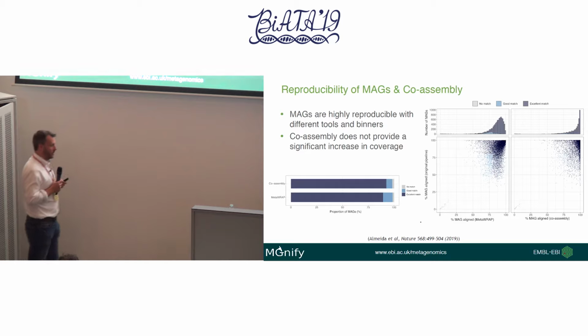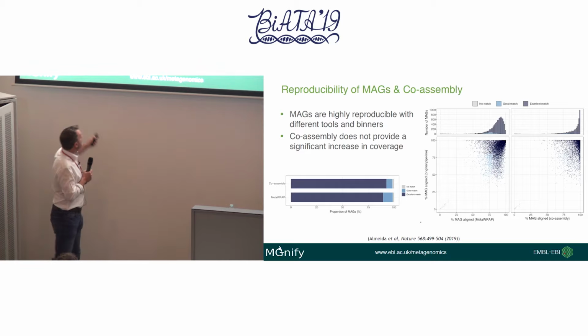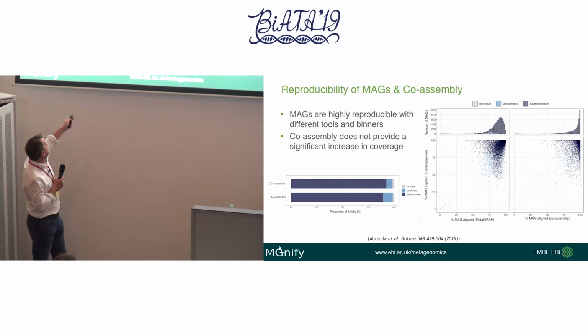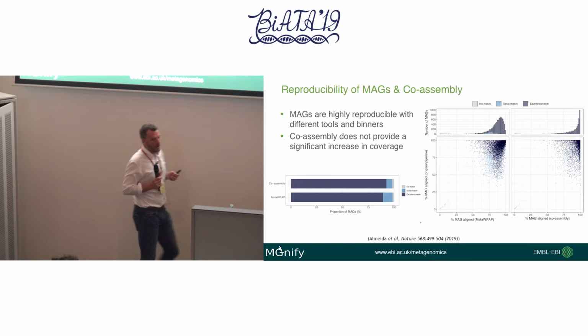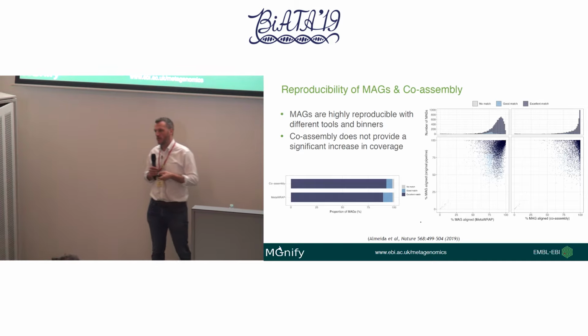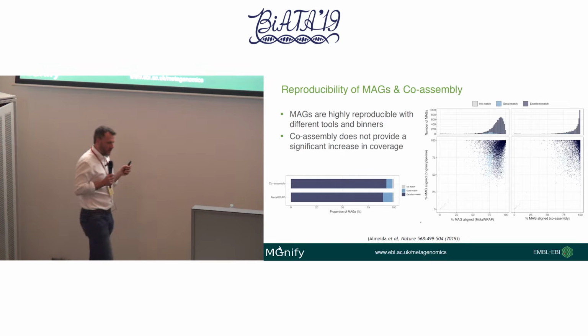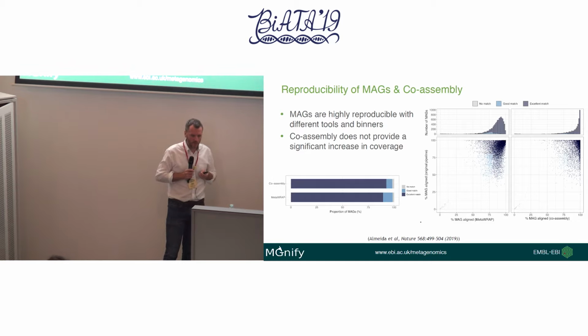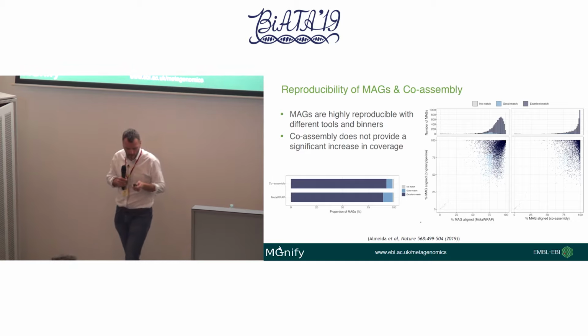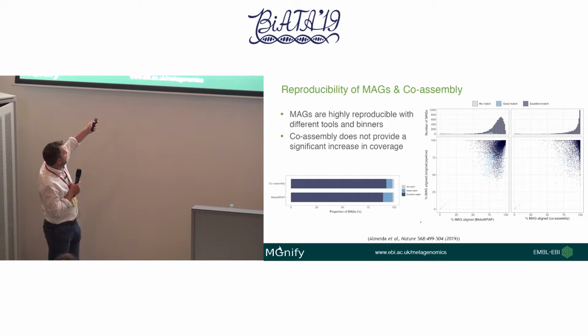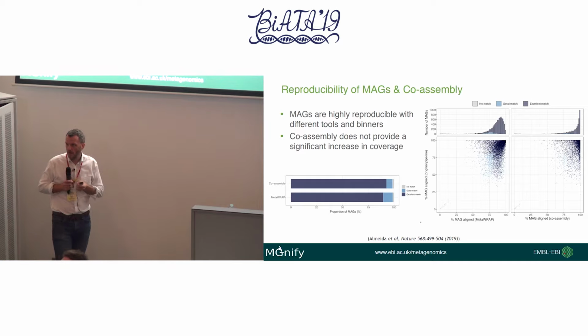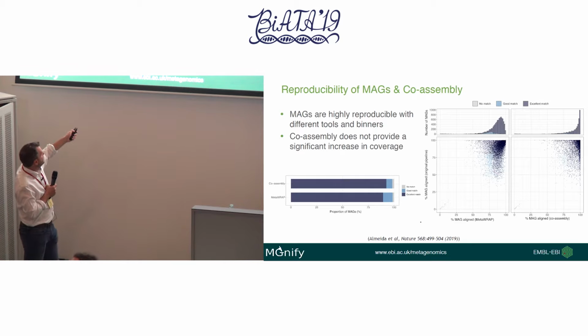So we've got two different things that we looked at. One was to use a different assembler, with different binners, that's metaWRAP, and then to perform co-assembly. This is where you use multiple samples to see if you can actually improve the mags. This co-assembly is a slight modification of standard co-assembly, but the principle is the same. What we've done here is we took a subsample of everything, because we weren't going to do everything. We took 1,000 samples and looked to see if we got any improvement.